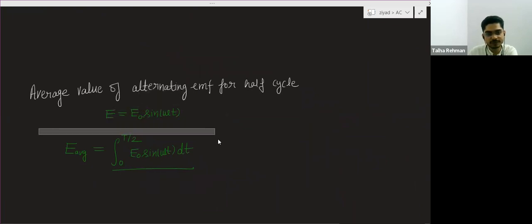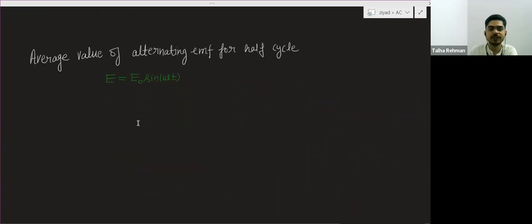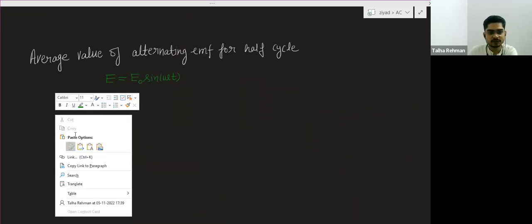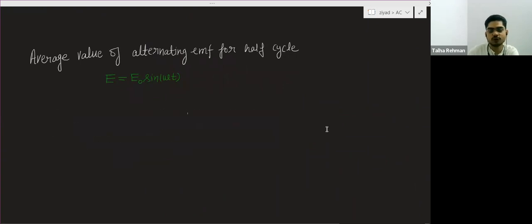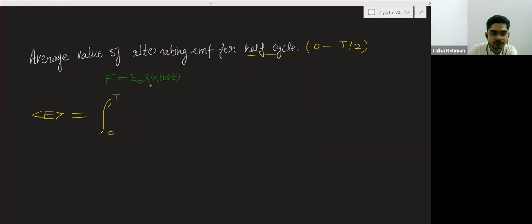This is the equation of the EMF, and you want to calculate the average value for half cycle. Half cycle means 0 to T by 2 time. So you will do the average of this E naught sine omega t basically. How will we calculate the average? We will integrate this function from 0 to T by 2,